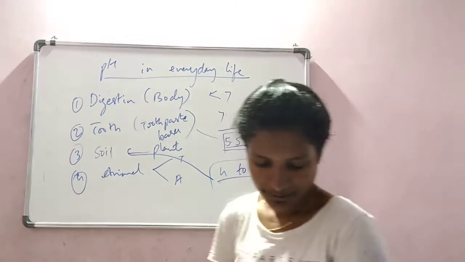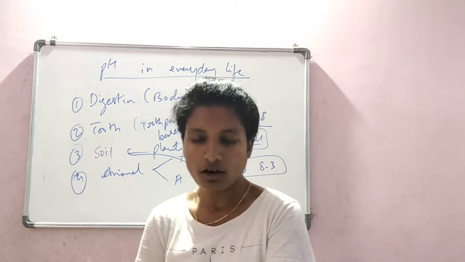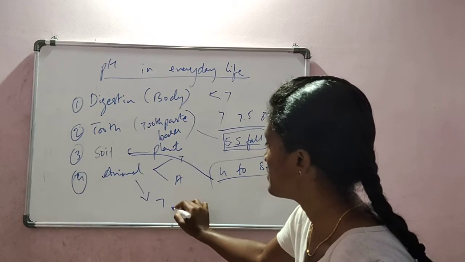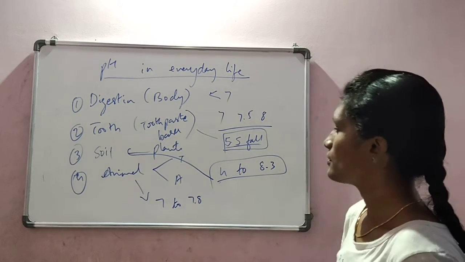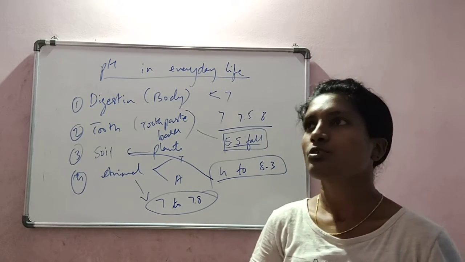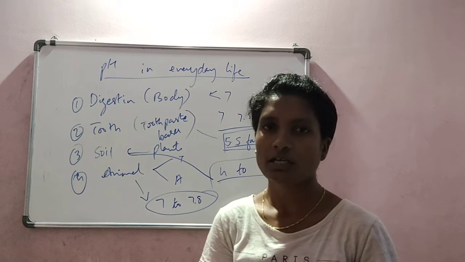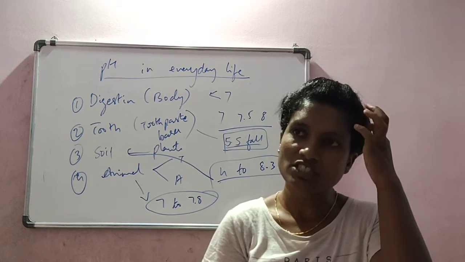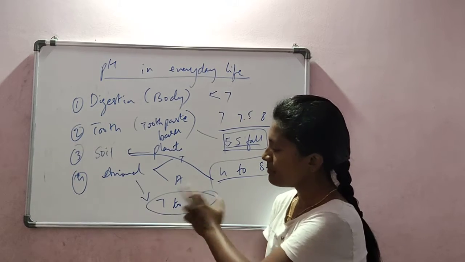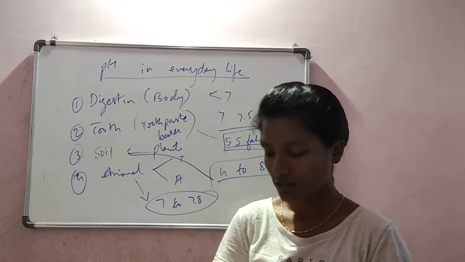Okay. Then for the survival of animals in the water or in the environment, the pH should be between 7 and 7.8. This will ensure the growth of aquatic animals. If you see, the oceans and the sea contain more salts and more acidic materials which flow through the rivers. So if it crosses this limit, then the aquatic animals like fishes and others will die.